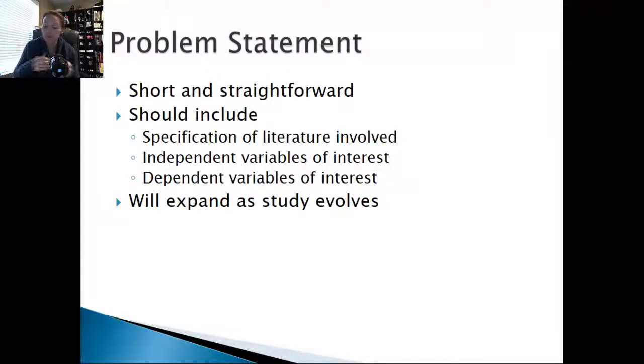And so based on that statement alone, this actually specifies most of what they wanted to look at. It specifies the literature, it specifies the independent variables, so they're looking at a group comparison. They're looking at EMDR versus TF-CBT. But the dependent variable still isn't specified in what I just stated to you. So because they want to look at children or adolescents with PTSD, your dependent variable of interest in that case is going to be measuring